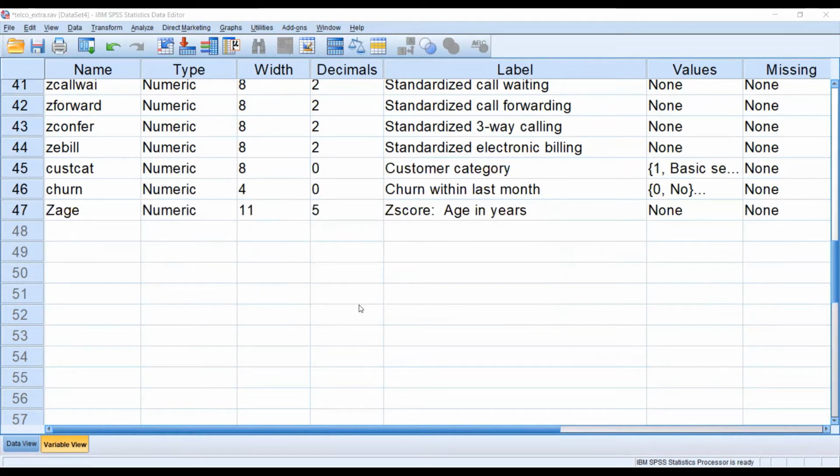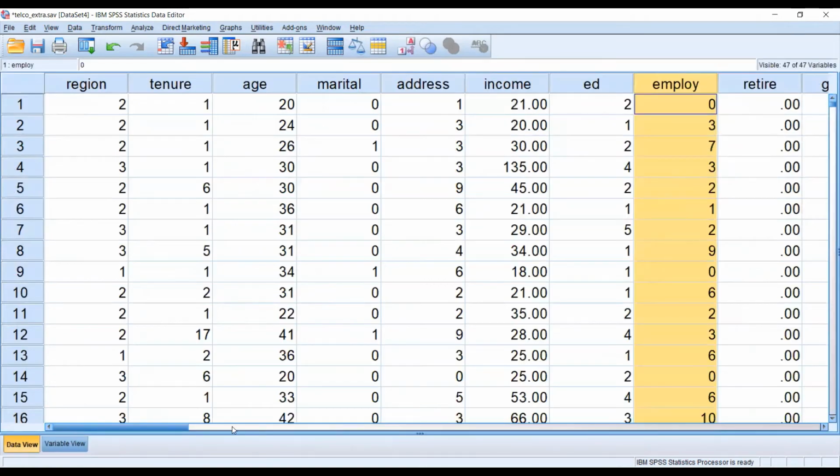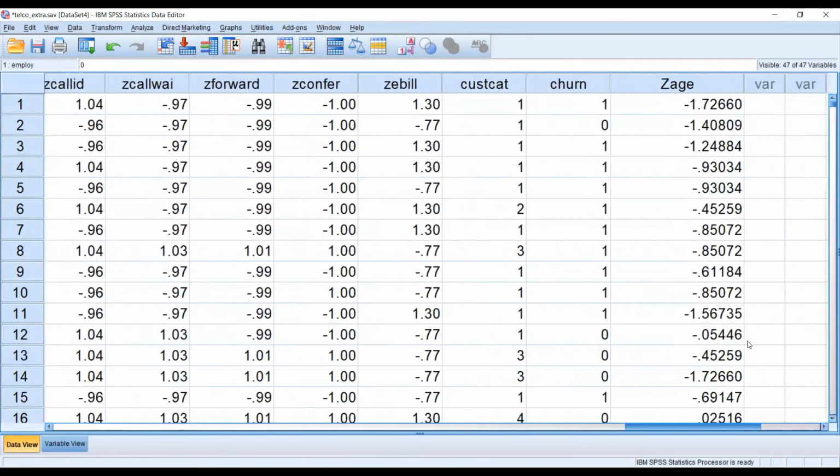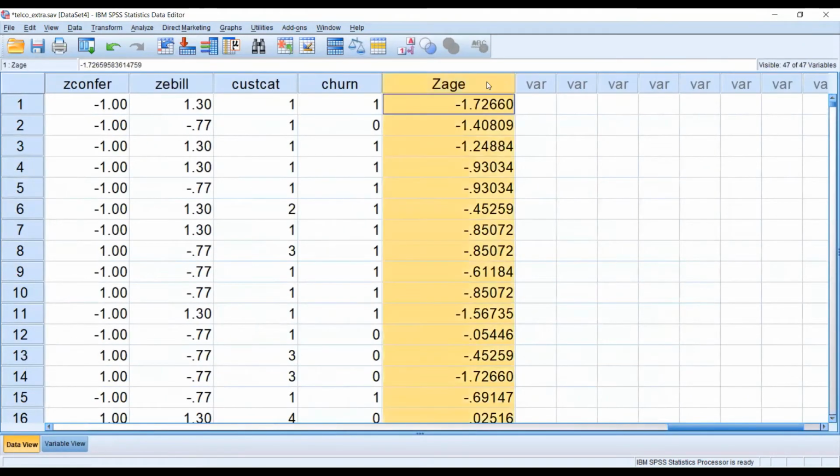Now you can see that Zage is another variable which is computed, Z score of age in years, and the data is in the last column of this data file. Now this is the standardized variable. How is this variable computed? All of you are familiar with the computation of Z scores.